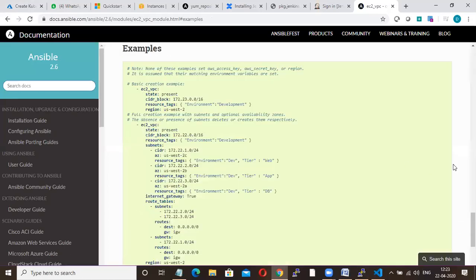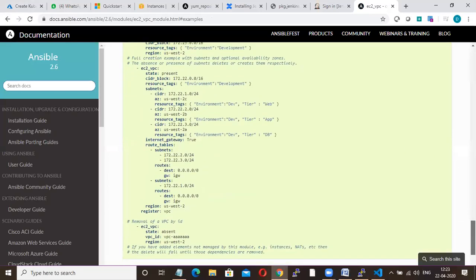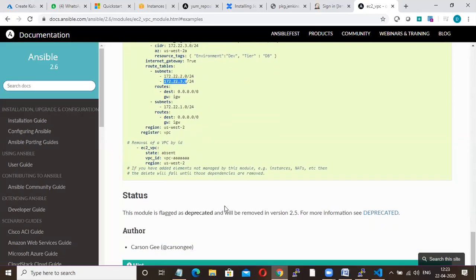So here, if you copy this and if you run this, your VPC will be created. See, EC2 VPC, state present, what block you want, what is the tag, what is the CIDR, what is the availability zone, whether you need internet gateway, what is the route table, and then subnet routes, region. That's it. And this is for removing your VPC.